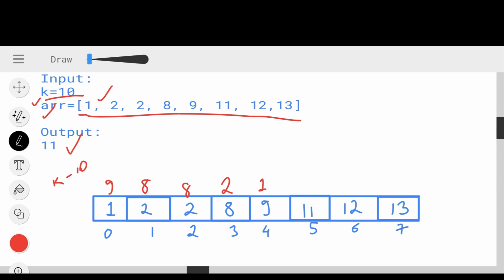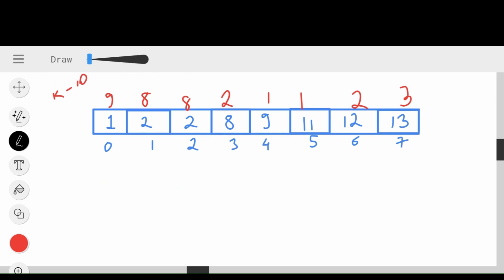Now let's see how to implement this. Okay, so this was 2, this was 1, this was 1, this was 2, this was 1, this was fine. Now let's see how to implement this logic. Here the array is sorted and we need to find the element which is closest to this number. Whenever there's a question of searching, the first thing that comes to mind is binary search if the array is sorted. So let's do binary search. Initialize my low to this index. My high will point to this index.